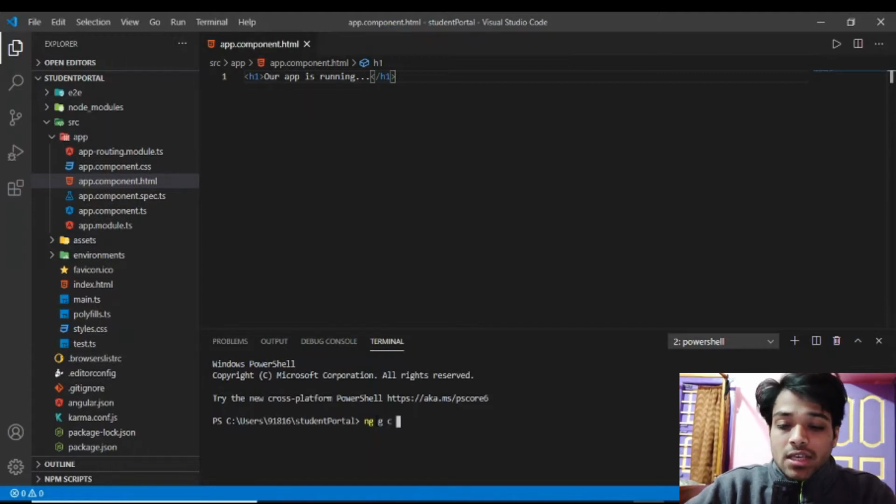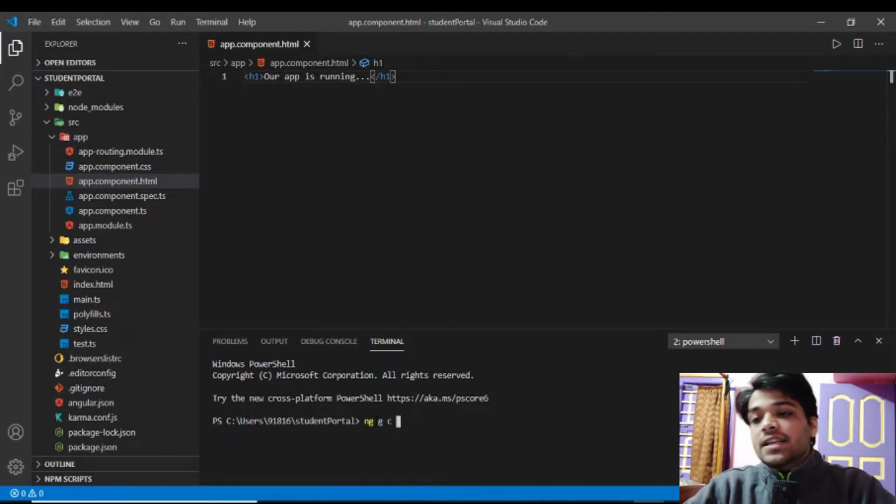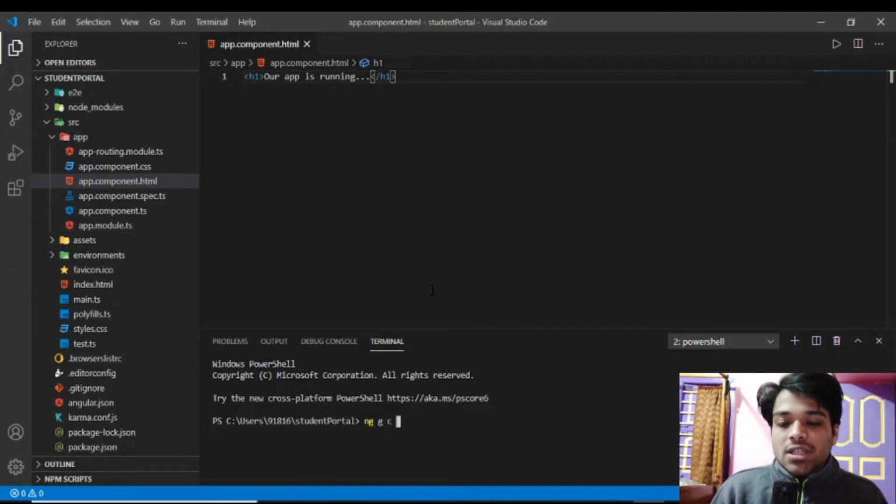If you directly write the component name, it will be created in the app folder, this app folder. You don't want this, because when you build a website, it will be huge and there will be many components in this. So you will be lost among the components and you cannot find a specific component when you see your code.